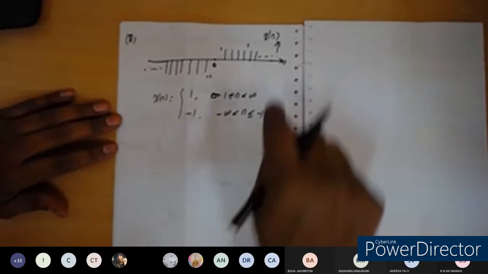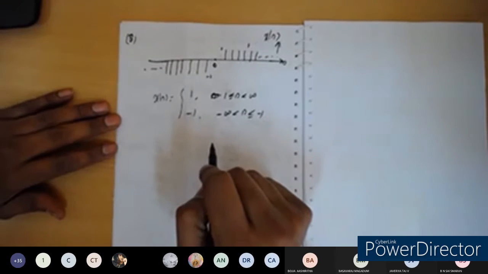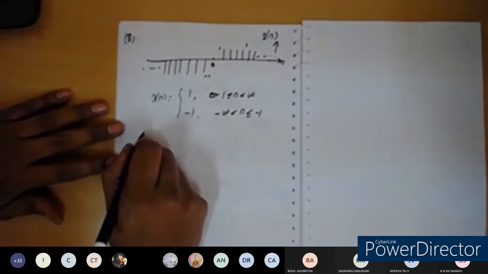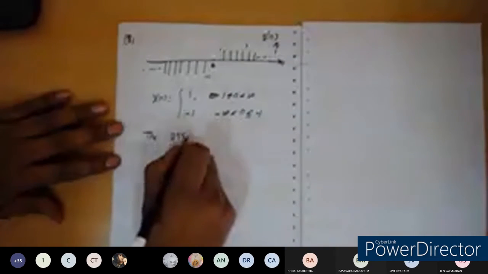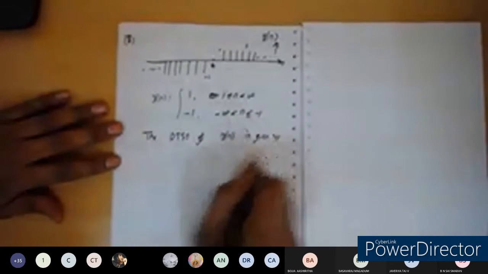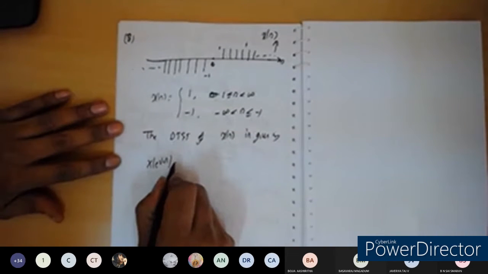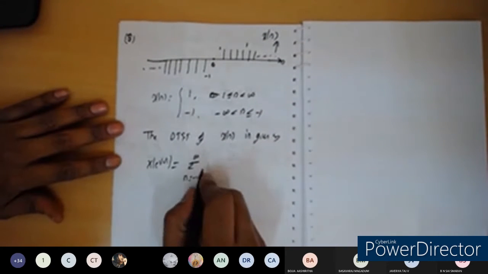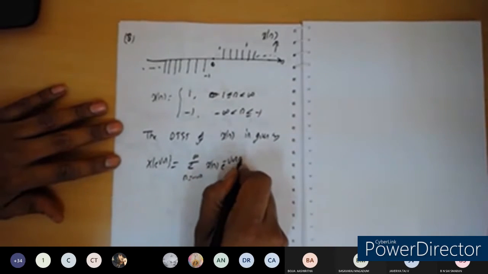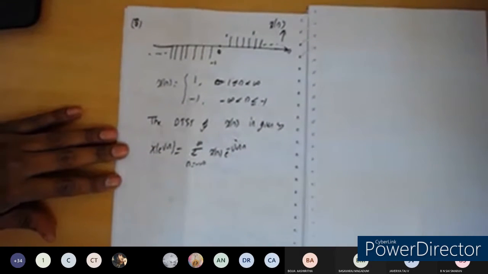Whenever waveforms are given, you are supposed to convert them into a mathematical expression like this. Then we evaluate the corresponding DTFT. So right now let us take the formula for the DTFT. The DTFT of x of n is X of e to the power of j omega. Write the generalized formula first, because this formula will get you at least 1 mark, even if some calculations are wrong. So better practice is to write the relevant generalized formulas at the beginning.